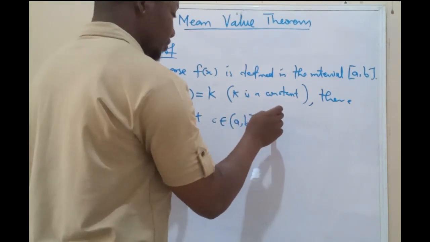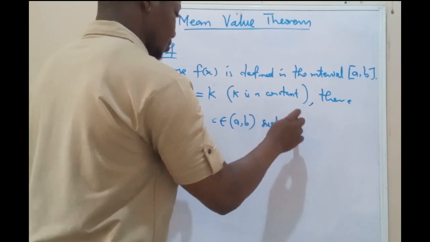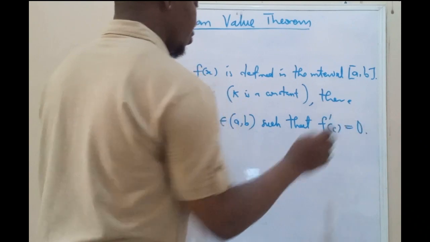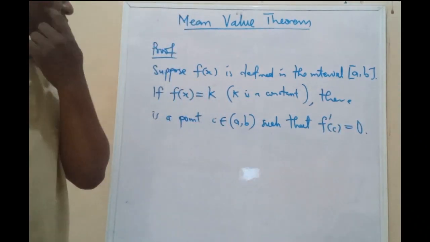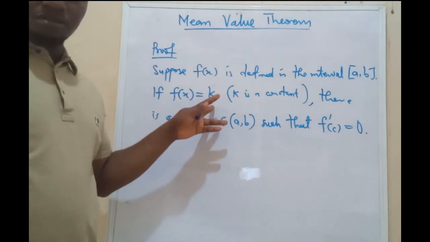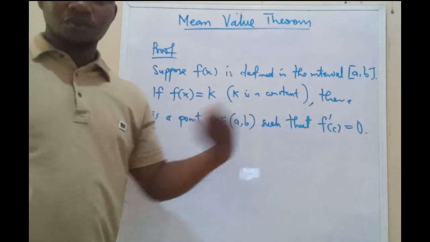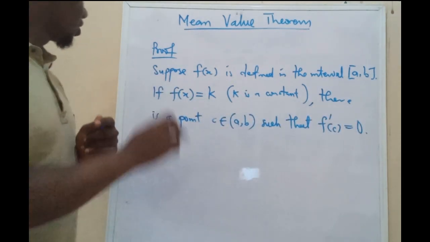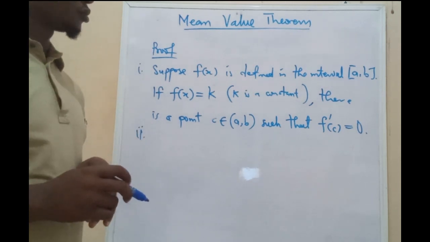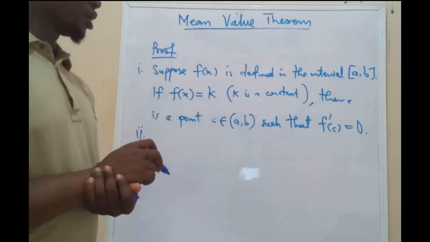Of course, this is obvious, because the function is a constant. If we differentiate this, the derivative is 0, and at c it is also 0. So this is obvious. So that is what happens if I assume the function to be constant. Okay, secondly,